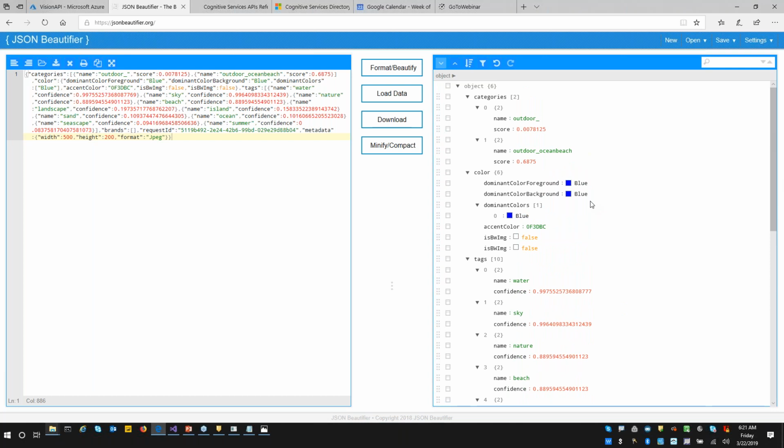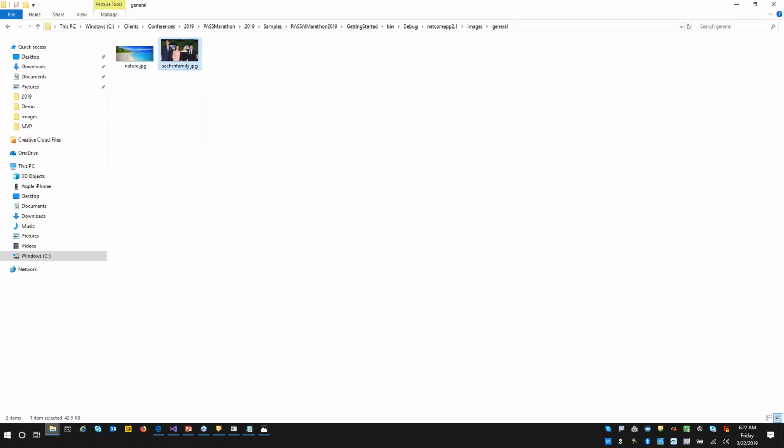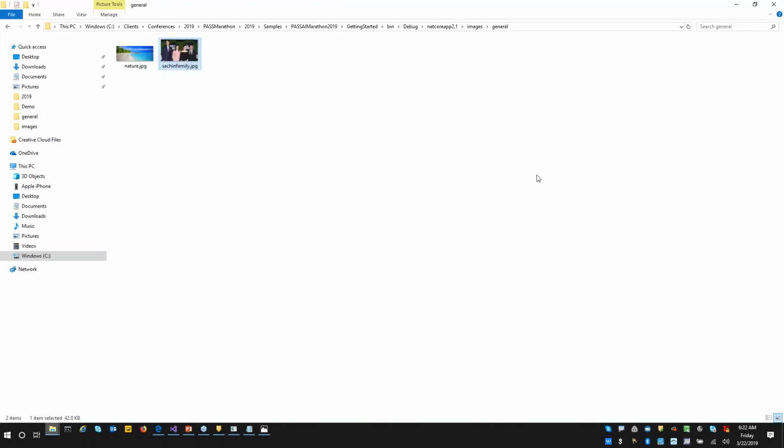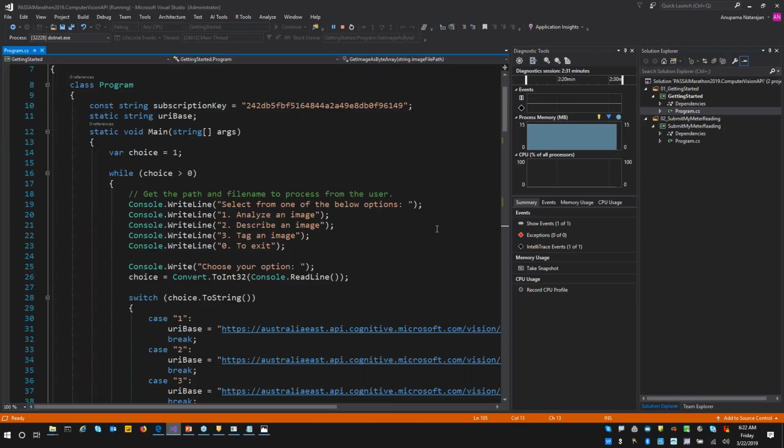One of the cool things about the computer vision API is it can also identify celebrities. That immediately struck my mind because I was born and brought up in India, so I got really passionate about cricket from childhood. So I thought, okay, let me take a photograph of Sachin Tendulkar, who is a cricket player. I wanted a complex photograph, because if I give Sachin Tendulkar alone in a photograph, then it can detect easily. So let me try with his whole family. I just wanted to upload and see, does it detect a celebrity like Sachin Tendulkar using the computer vision API? So I need to just quickly go and